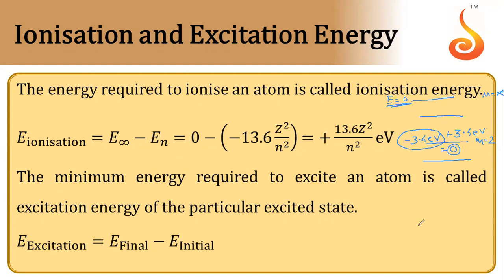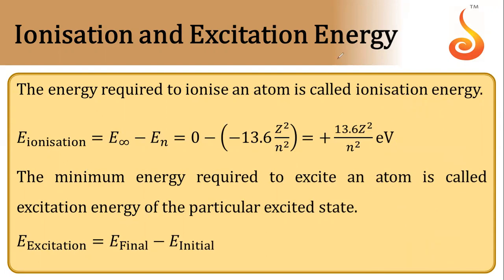So directly you can say, if the energy of the electron in the first orbit of hydrogen is minus 13.6, to ionize this electron, the energy required will be 13.6 electron volt. So that will be your answer. Same thing, you just have to calculate the energy of the electron in that particular orbit. To ionize it, the same amount of energy has to be provided. That energy will be positive. That's all.